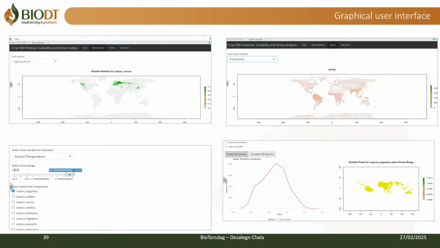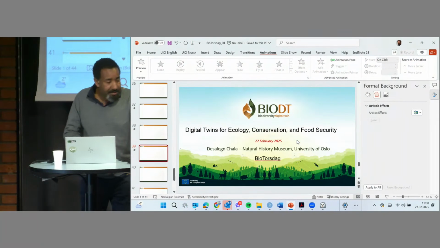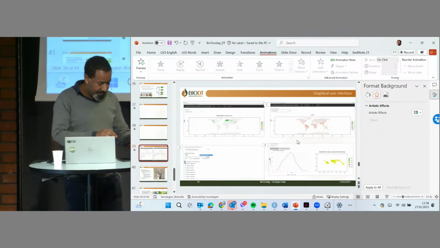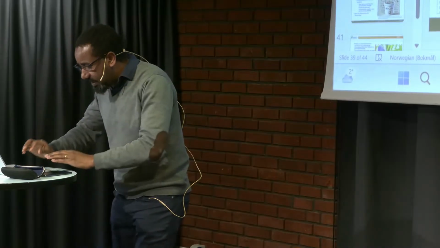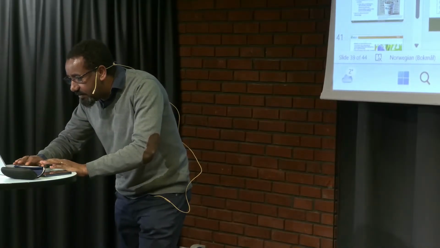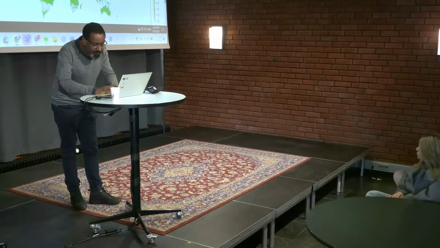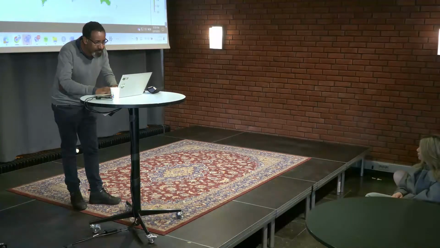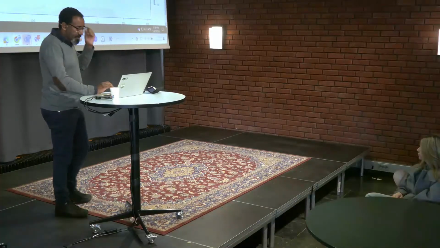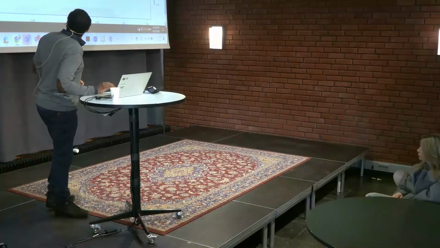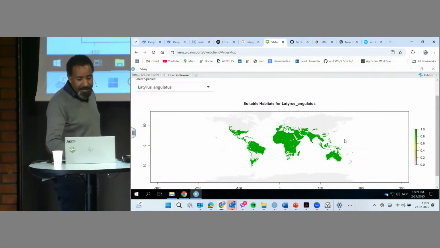So maybe just to show you this. Here we have different species of grass pea.